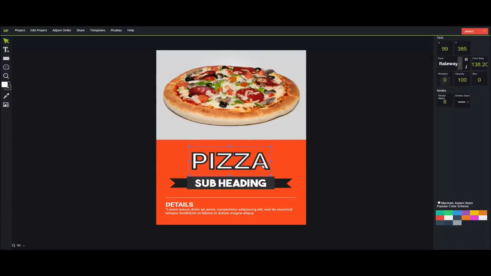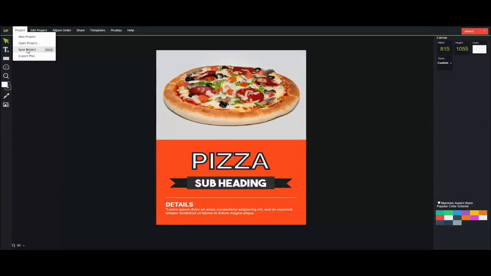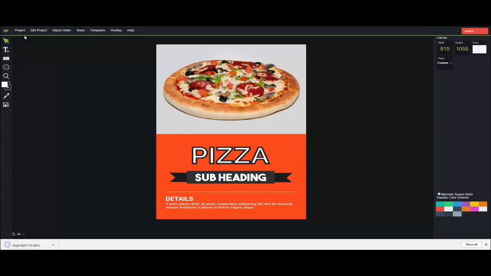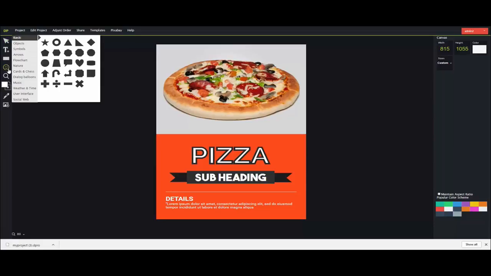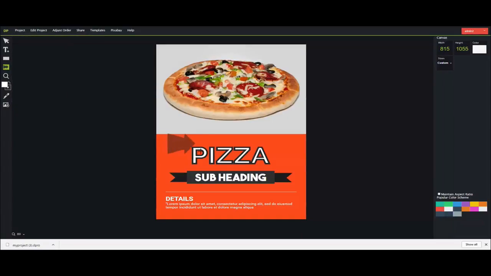Designo really makes things simpler for everybody. Just a few clicks, drag and drop, and you're done. You could also save the project in case you want to save your work for future use, and load it whenever you need to resume the work from where you left off. There's a wide range of pre-built icons and shapes in the Designo, so that you don't have to bother for these little things at all. Just click on a shape and click and drag.